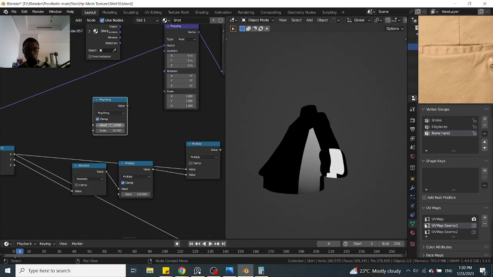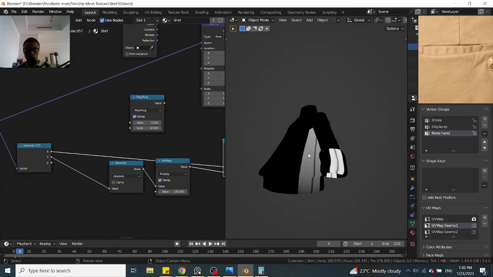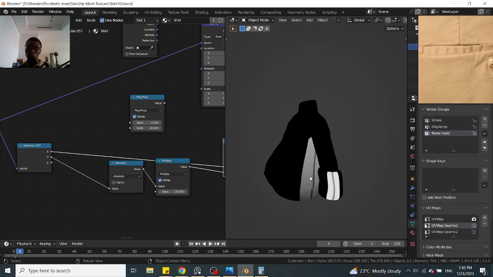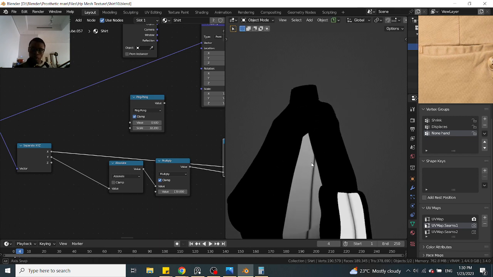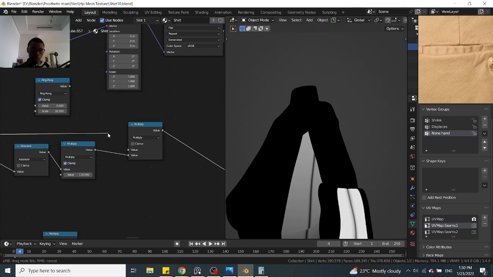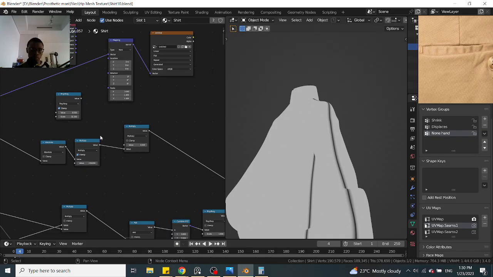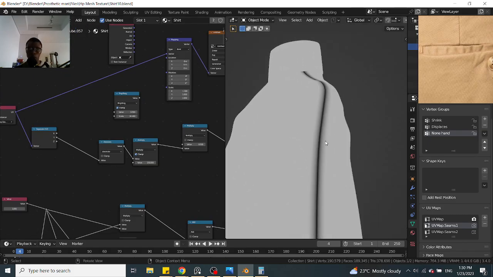Oh, actually that's wrong. On the y value it's giving me this, right? And once I add a ping on the x value,